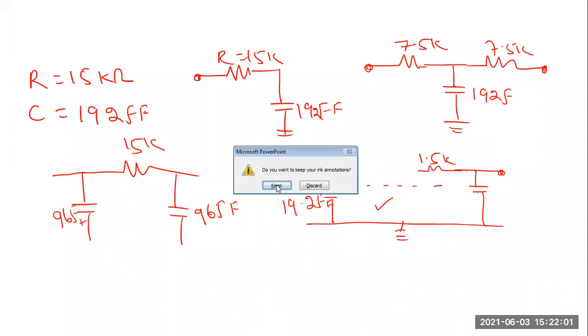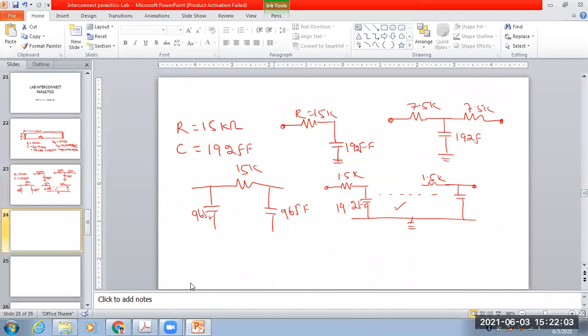So here in the lab, what will we do? Individually, we'll check the propagation time. So how to check?